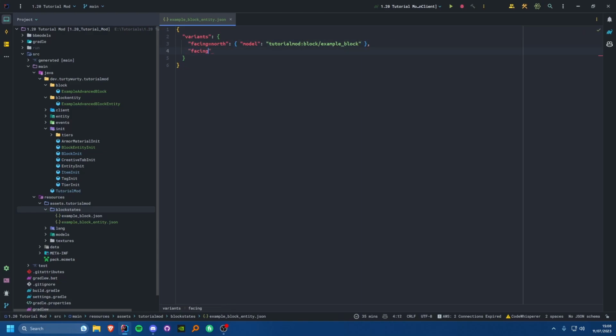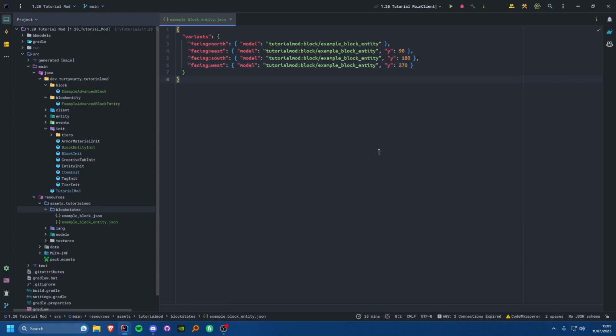Then we can say facing equals east, and we want to say that the model is going to be the same. But for the east one, you just want to add y 90. So that just means it will rotate 90 degrees on the east. And then you just want to do the exact same for the south and for the west. So for the south, you just rotate 180, and for the west, you rotate 270. And boom, that would work.